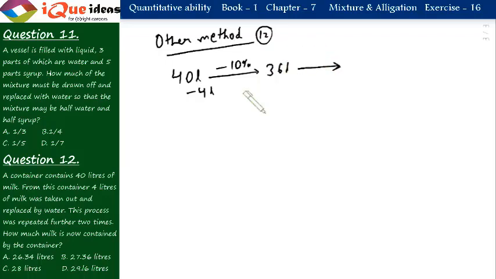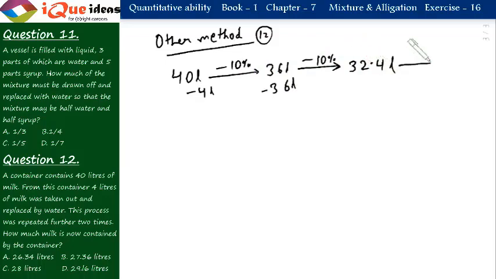Now in the next step, we are still withdrawing 4 liters out of the total 40 liters, because the total volume still remains 40 liters. Remember, we are removing 4 liters, but we are adding 4 liters of water. In any case, whatever is the remaining quantity, 10% of that will be removed. So out of the 36 liters now, 10% will be removed. 10% of 36 would be 3.6 liters. Subtract to get